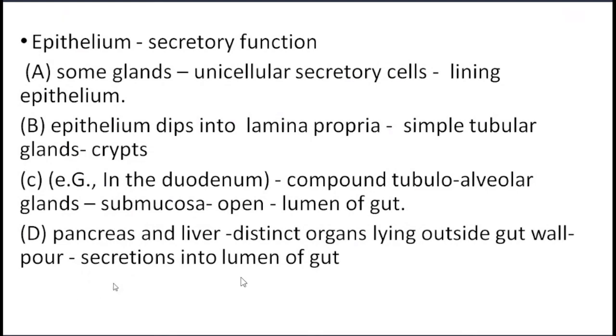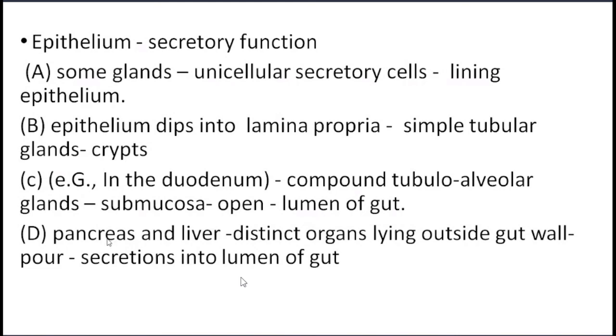So here the secretory cells are mostly scattered among the cells of the lining epithelium. यानी जो आपका columnar epithelium रहेंगे, इनके बीच में you will get some cells that are in the form of some glands, which are the unicellular glands. Unicellular means single cell. So here a single cell bears like a gland. So that is called unicellular gland. And so these unicellular glands are present in between the lining.